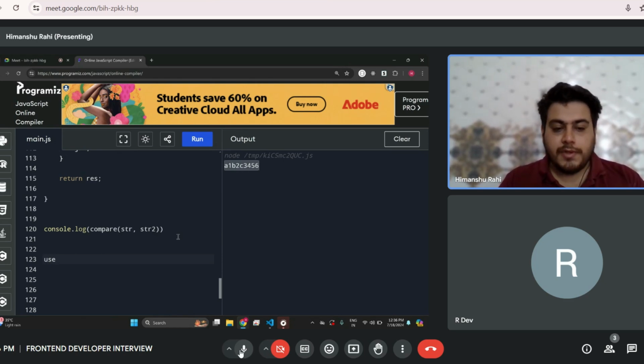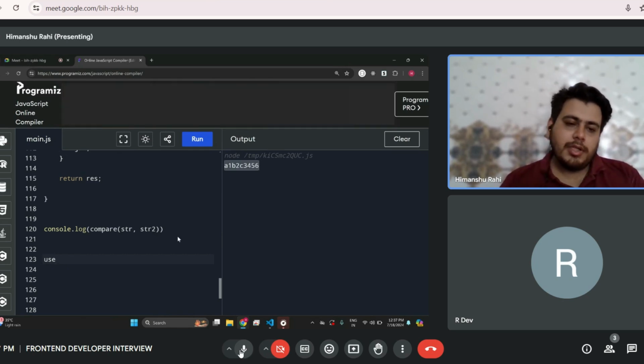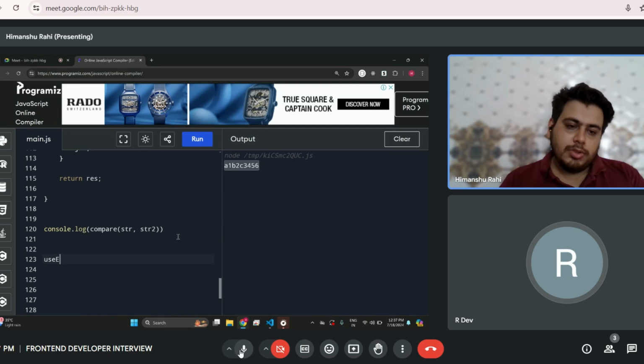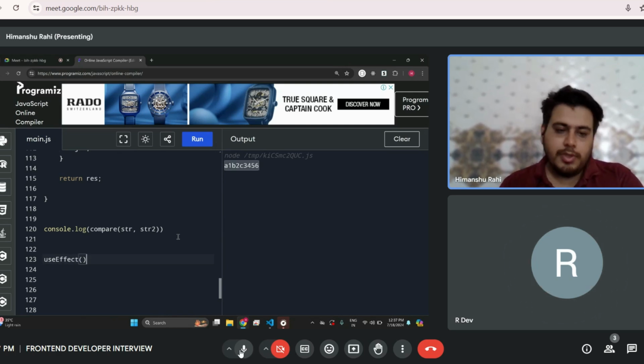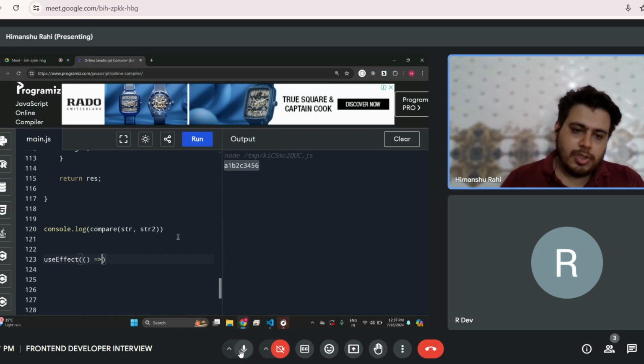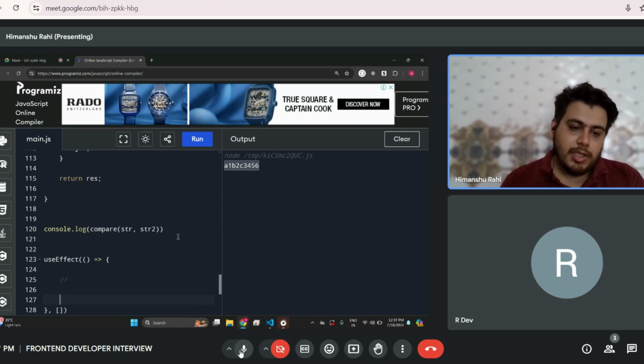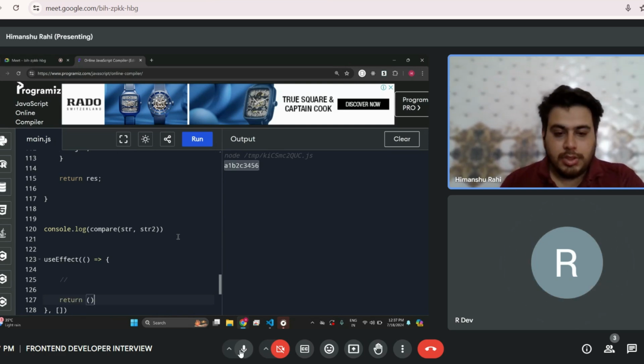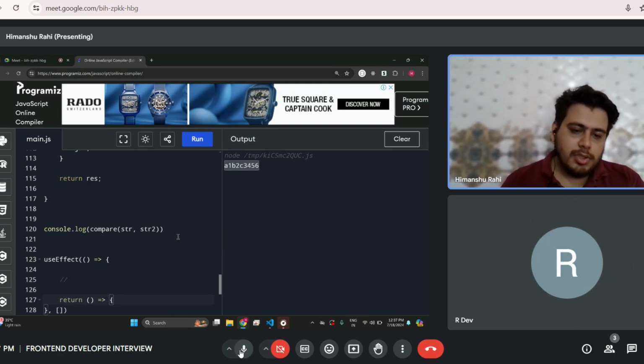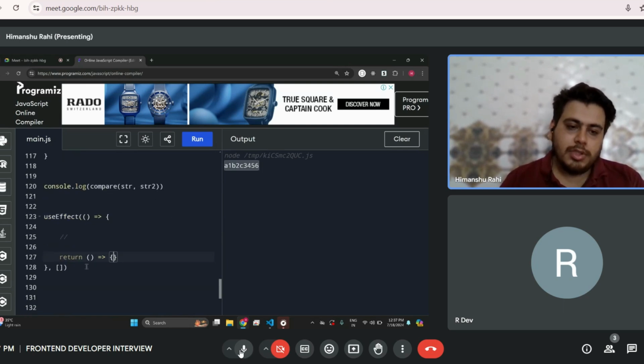So we use useEffect, which basically does the three functions: componentDidMount, componentDidUpdate, and componentDidUnmount. The hook accepts a callback, and then there is a dependency array, and here we can work like componentDidMount. Here we can return a cleanup function, which acts as componentWillUnmount, and the dependency array is like componentDidUpdate.